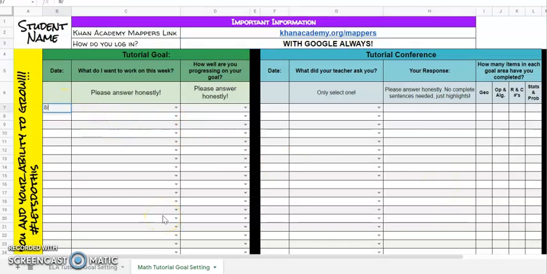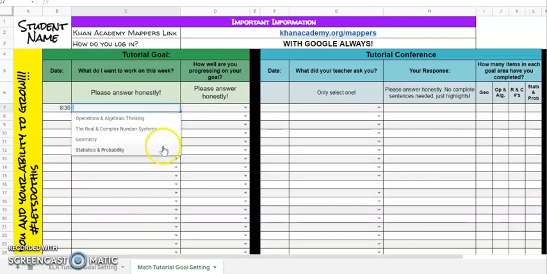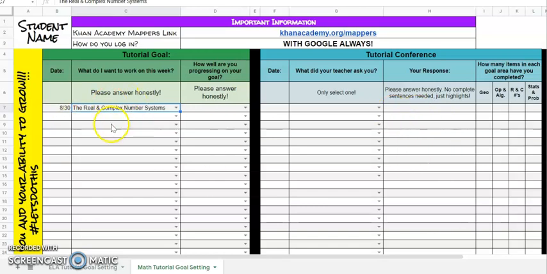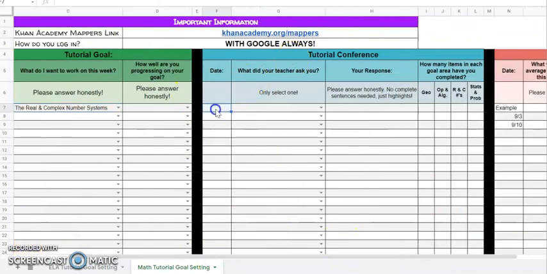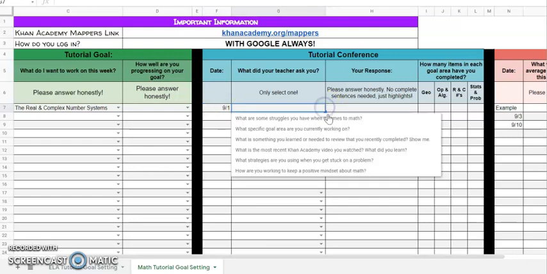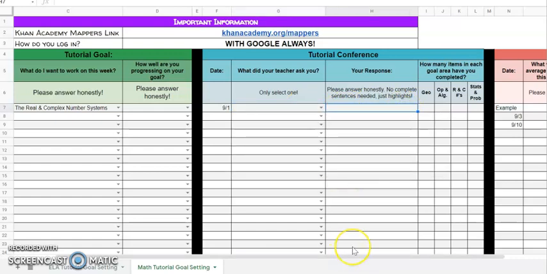Again, you would put the date for the beginning of the week. You'll notice that your answer choices have changed for what you want to work on that week. They'll be the different strands that we see inside of Khan Academy. That's it from Monday. On Friday, or during the week, you'll have a conference with your tutorial teacher at some point. When that happens, you'll put the date. You'll select the question that they asked you or type in one if they asked something different. You'll capture some of the highlights